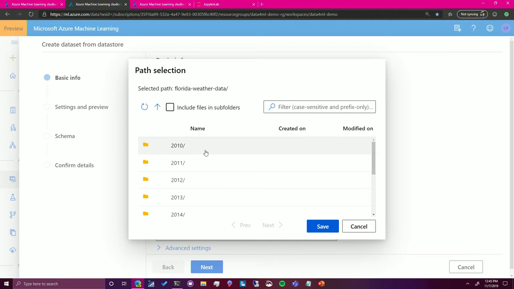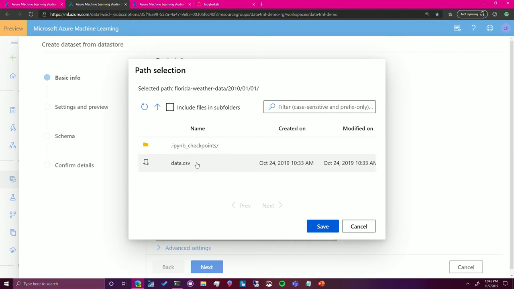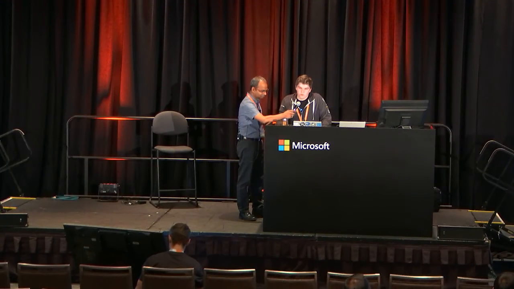And I've partitioned my data by year, and then month, and then day, with the final file being a data.csv. This is an important thing to note. A dataset doesn't necessarily have to be static. It can grow over time as you add more data. And we provide some very simple methods for accessing that data over time. So you can take the most recent, say, month of data, or the time between January 2019.